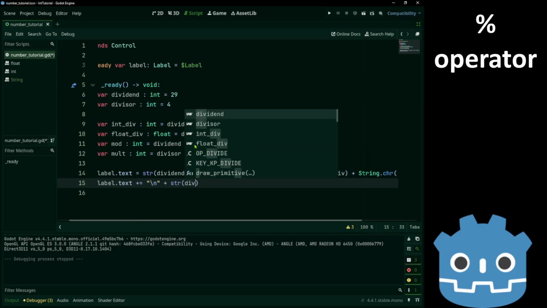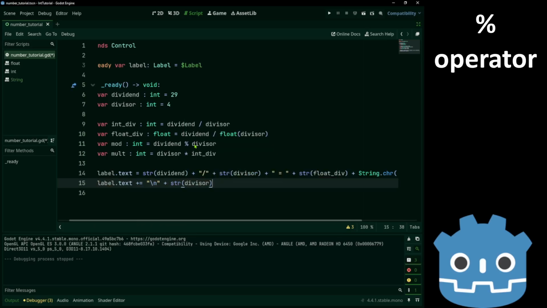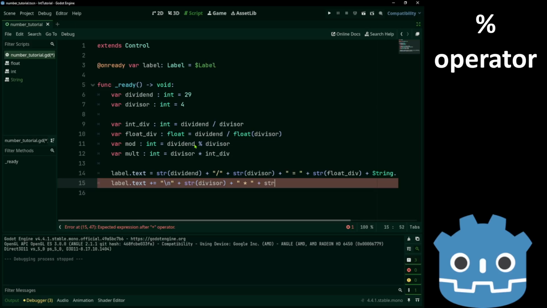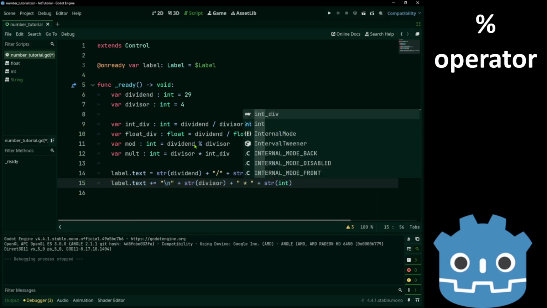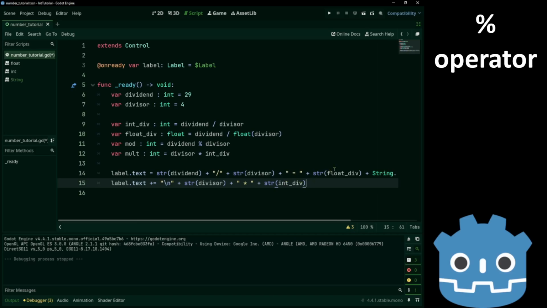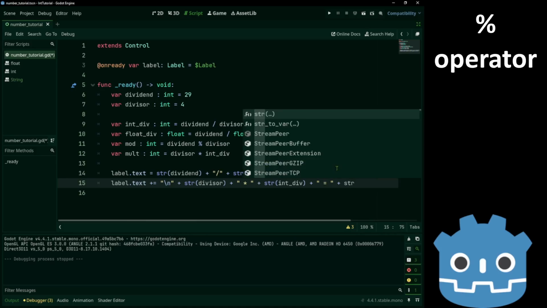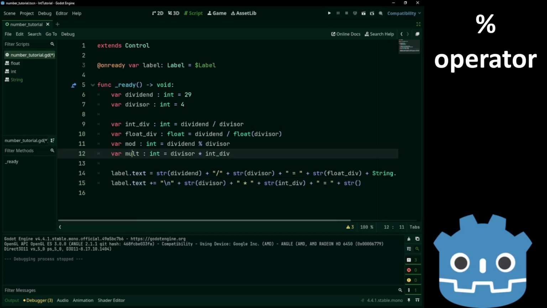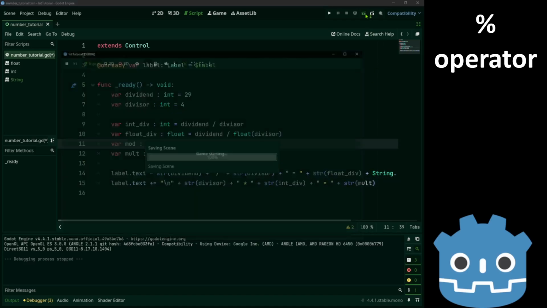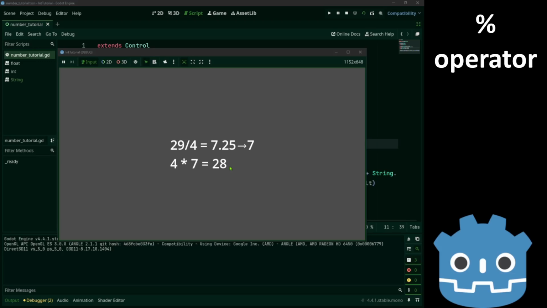And now we're gonna multiply our divisor with the int div. And this will give us this variable. Now we can already tell that the remainder is 1: 29 minus 28.